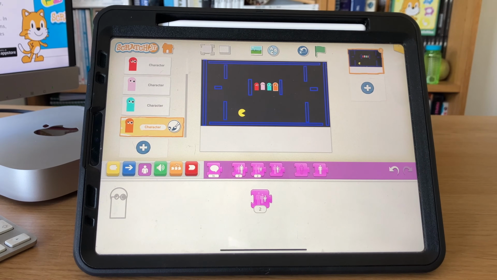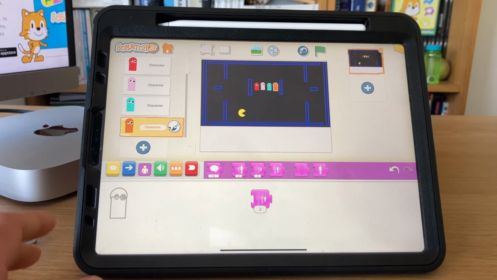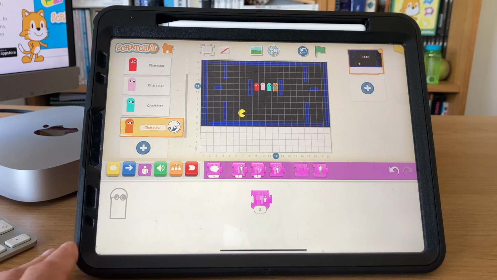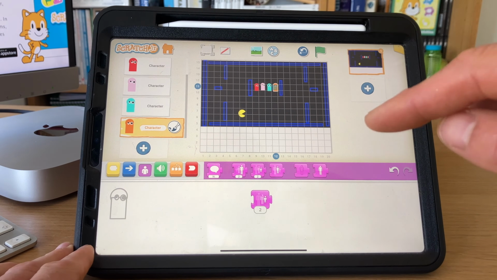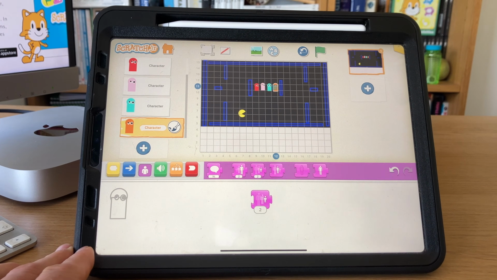Now we need to code the ghosts and Pac-Man. We're going to start with the ghosts, because what we want them to do is basically move round on a cycle. So they're just continuously moving around in a cycle, navigating around the walls and the obstacles. So first I'm going to code the red ghost. I'm going to put the grid on because it makes it a bit easier to